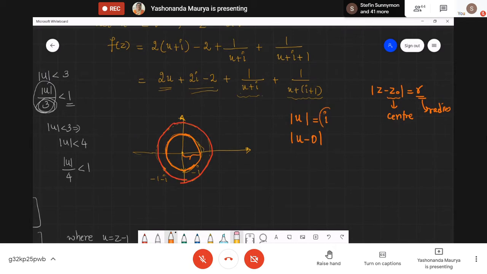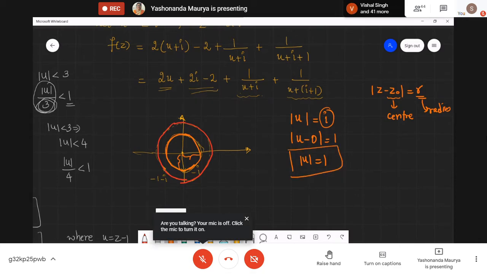So here it will not be a complex number that will be appearing. It is the radius value. Okay, so what is the radius? What is this distance from 0 to minus i? That is 1. Correct. So this happens to be the radius now. So the innermost circle is nothing but mod of u is equal to 1. So this is the innermost circle.